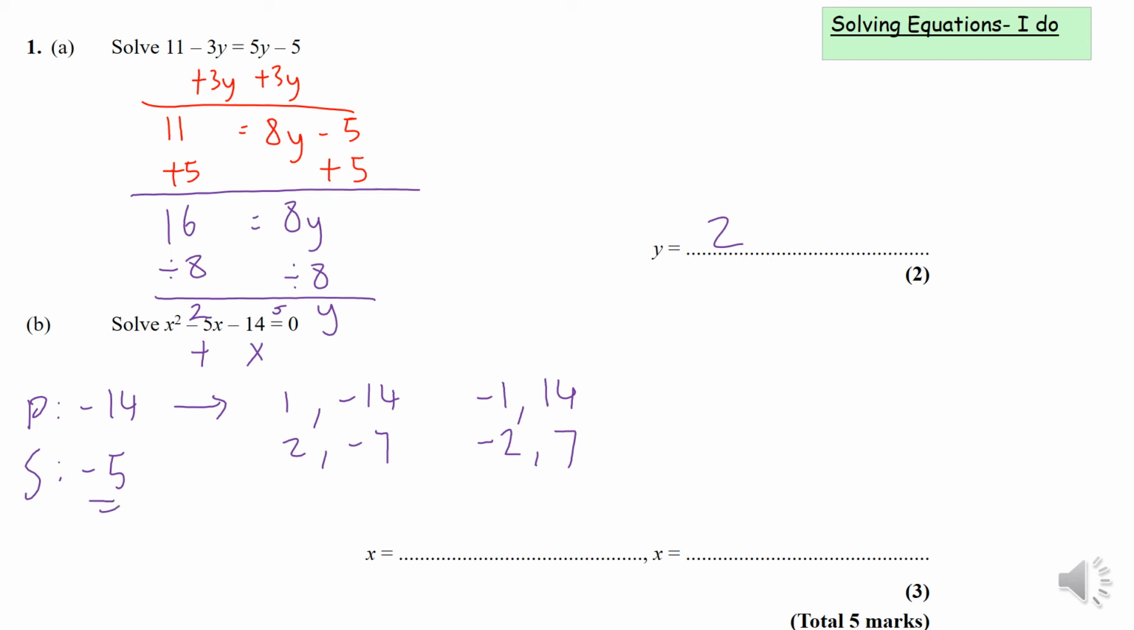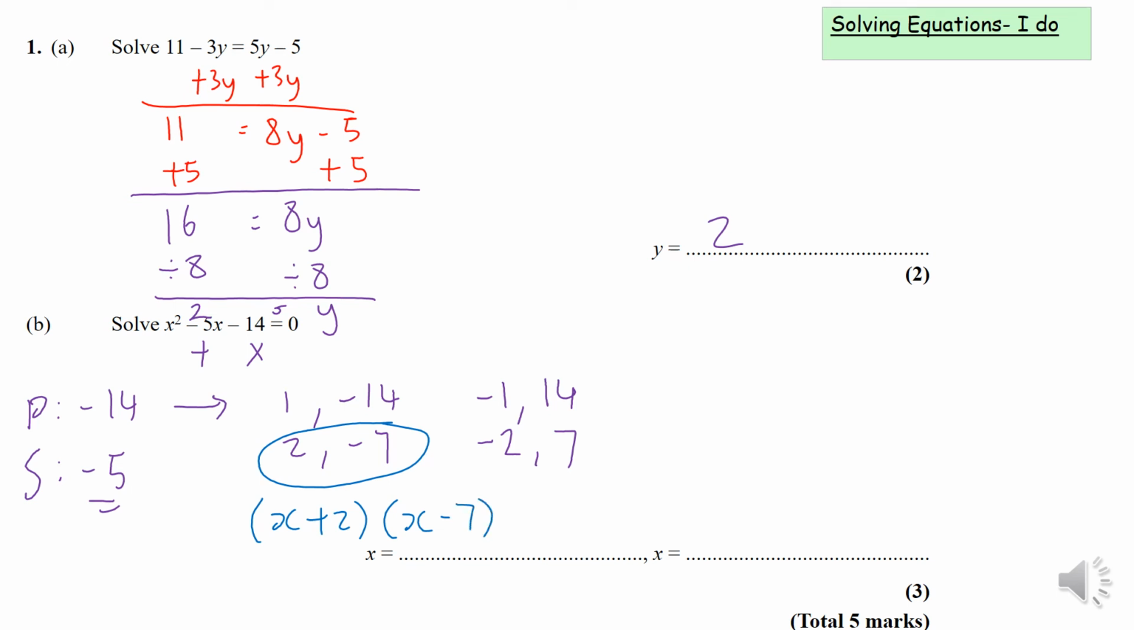Okay, so the only pair that gives me the sum of minus 5 is this pair here, because 2 subtract 7 will give me negative 5. So now I use this pair to put into double brackets. So it becomes x plus 2, x